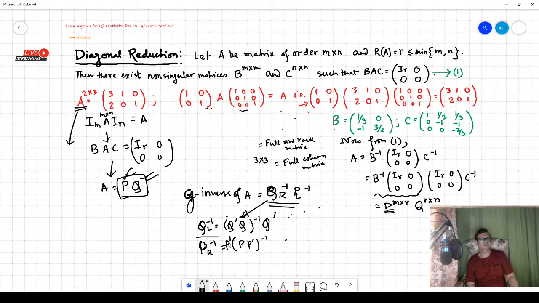Okay, so use this formula, you can find QL inverse PR inverse using this, so you can